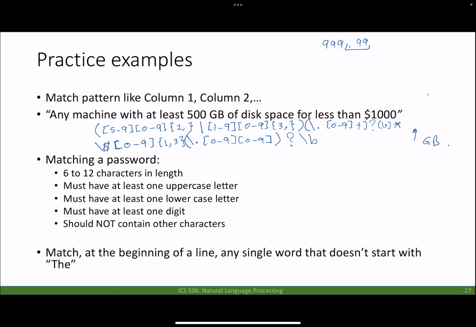Put the dollar sign, and we can use the boundary to make a single word. If you try the boundary alone, it will not work. We use the caret for the beginning of the line. You'll use the caret and then